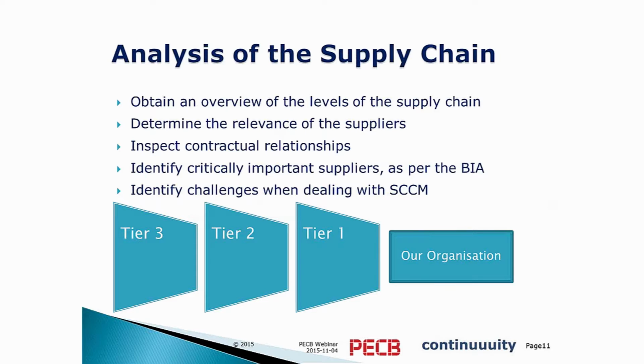So it's important that we may not always succeed, but we try to have an overview of the whole supply chain, or at least to a depth where we would not find any critical suppliers anymore. For example, if tier 3 is a national electricity grid, we cannot do something about it. We cannot take electricity from a neighboring country, but we have to live with this tier 3 supplier and